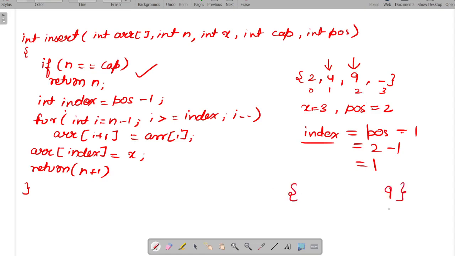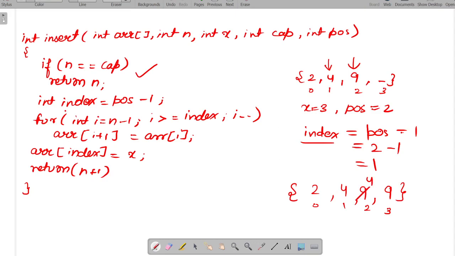So at the third index we have placed 9 in the first iteration: 0, 1, 2, 3. When the loop runs the second time, we shift and place 4 at this position.